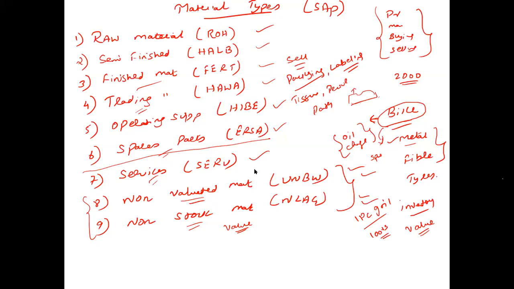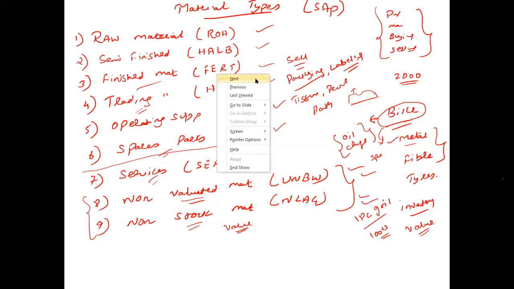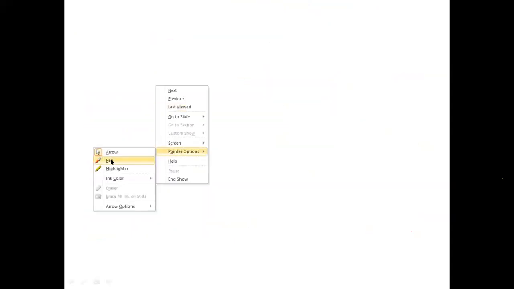Okay. Now we have seen different material types, and now let's see for which material types, what data you need to have. For example, let me take first what we saw. First we saw raw material. For all the raw material types which we saw in the previous slide,